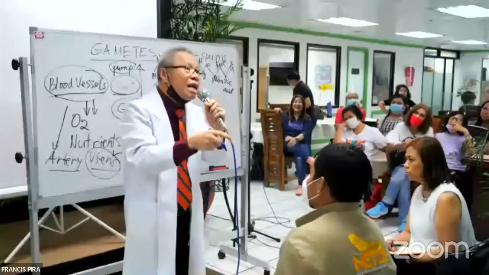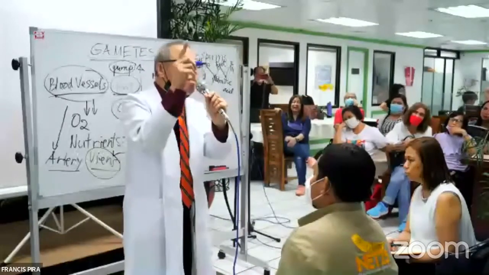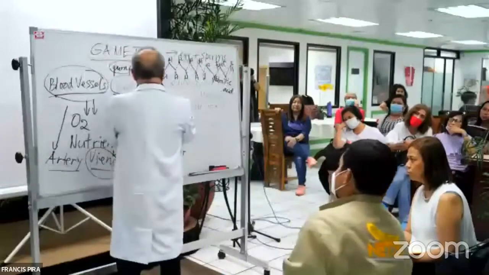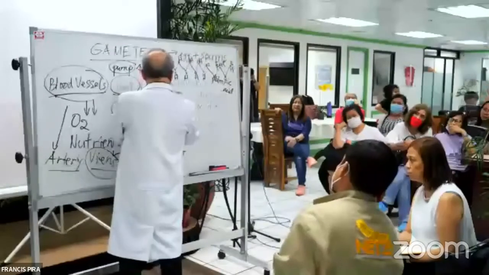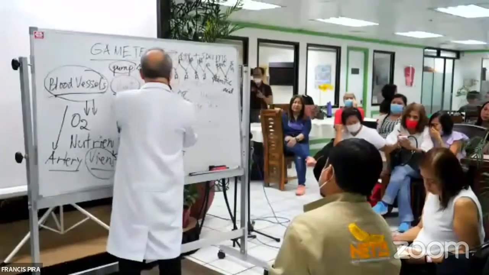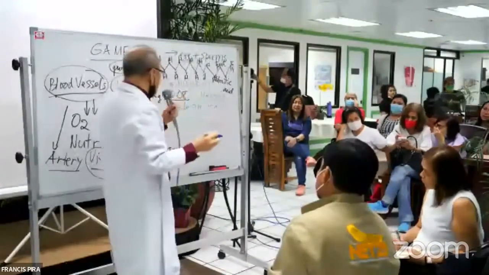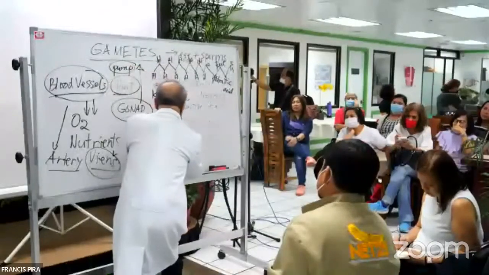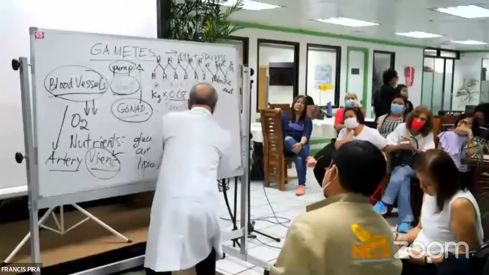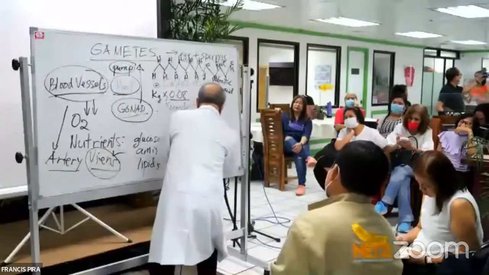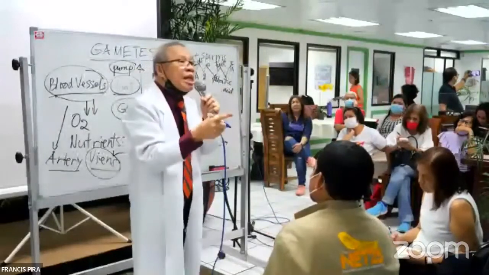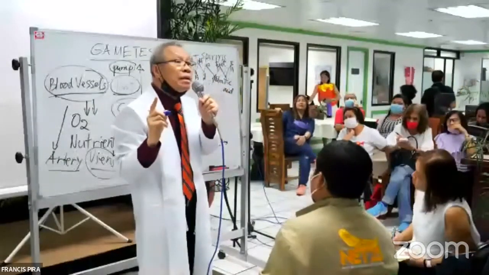You weigh your body weight in kilograms and multiply it by 8%. 0.08, right? 8% is 0.08. So supposing your weight is 60 kilograms, how much is 60 times 0.08?